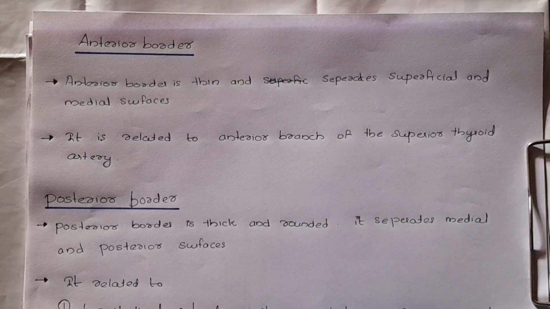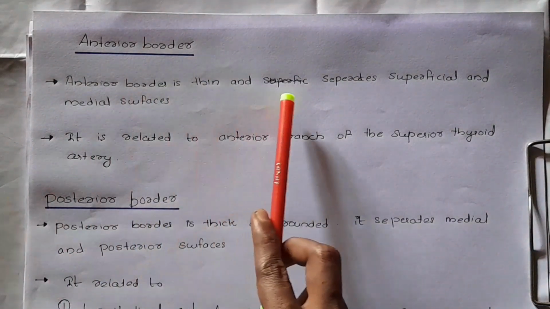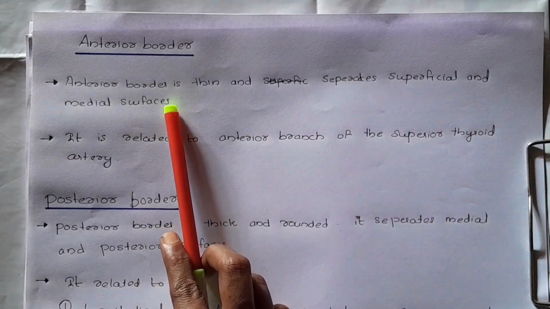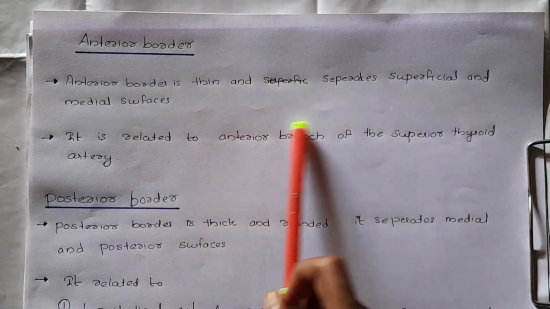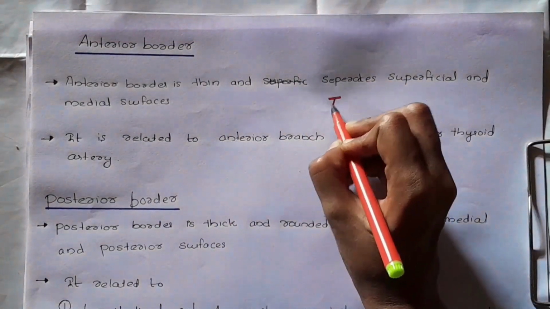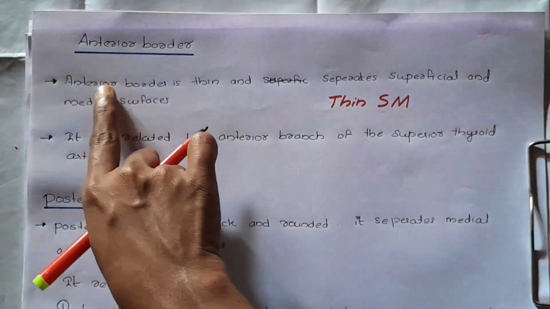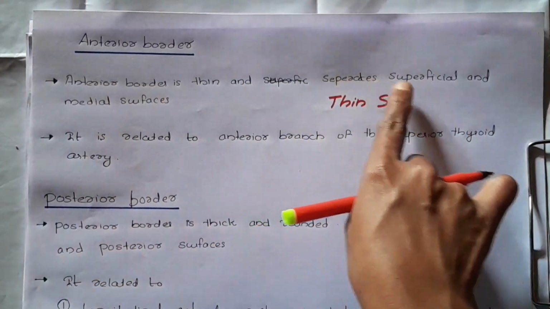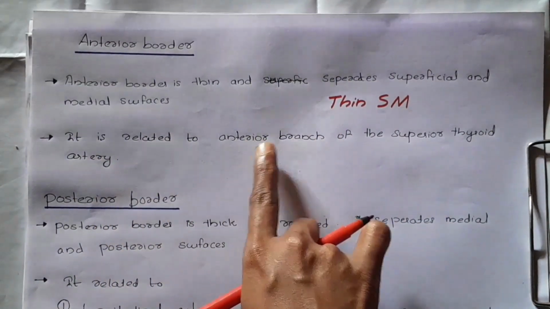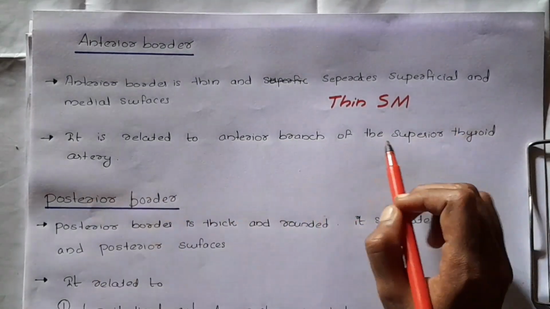Next is the anterior border. Anterior border is thin and it separates the superficial and the medial surface. Okay. This can be remembered with the help of thin SM. Anterior border is thin and it separates superficial and medial surface, and it is related to the anterior branch of the superior thyroid artery,